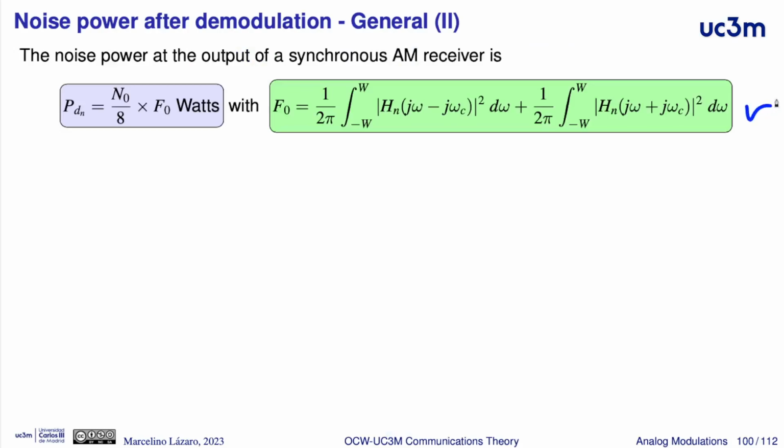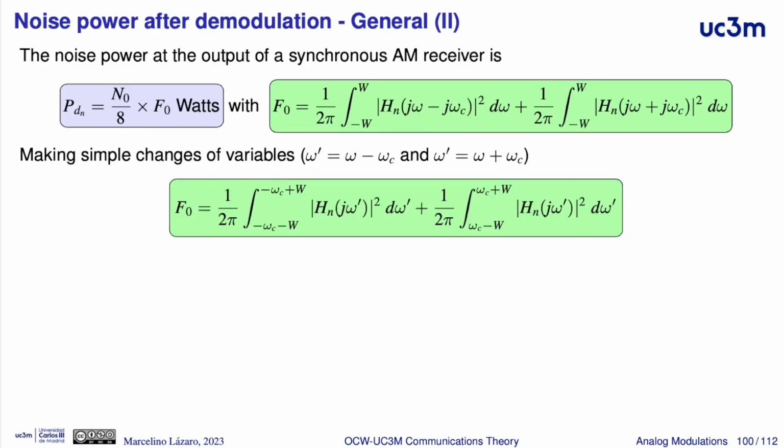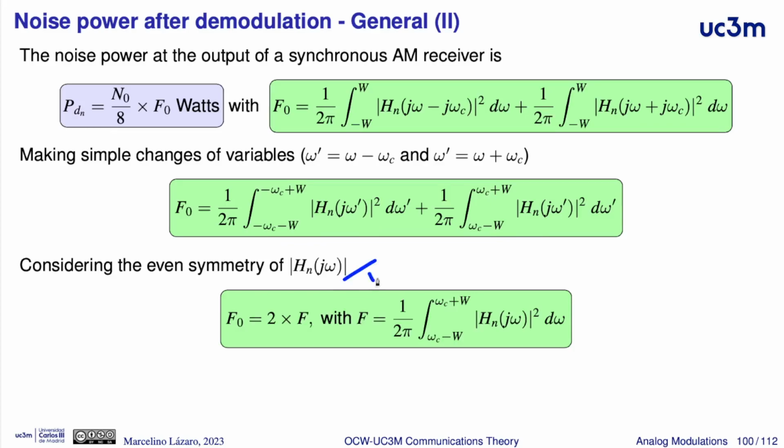Now we are going to analyze the two integrals that we had in the previous expression multiplying N0 divided by 8. With a very simple change of variables, it's possible to write these integrals in terms of the integrals of the square modulus of the frequency response of the noise filter between omega c or minus omega c minus and plus the bandwidth. Taking into account the symmetry of the modulus of the frequency response of the noise filter, it is straightforward to see that this integral is equal to this integral, and we can